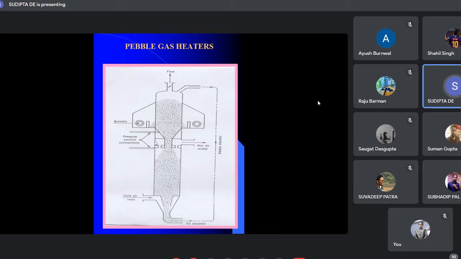This is maybe the next interesting topic. Here you have to follow a little bit the structure. We have what is called pebble gas heaters. So what do you mean by this? Think of